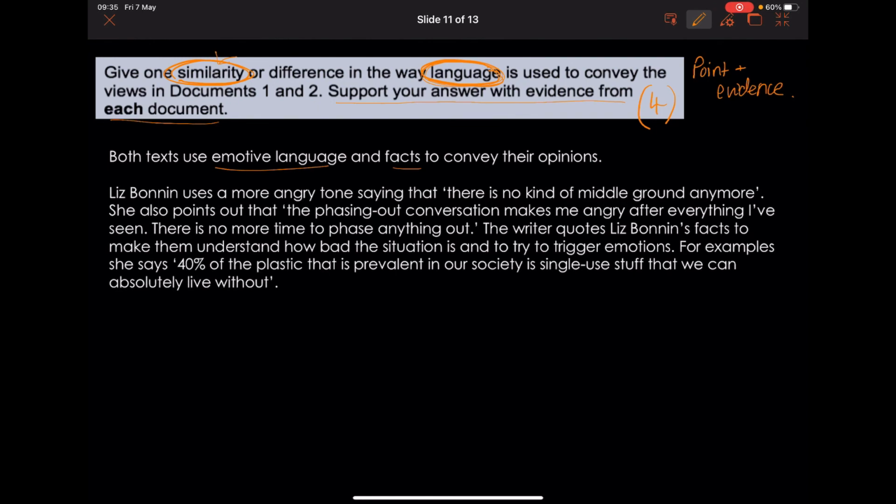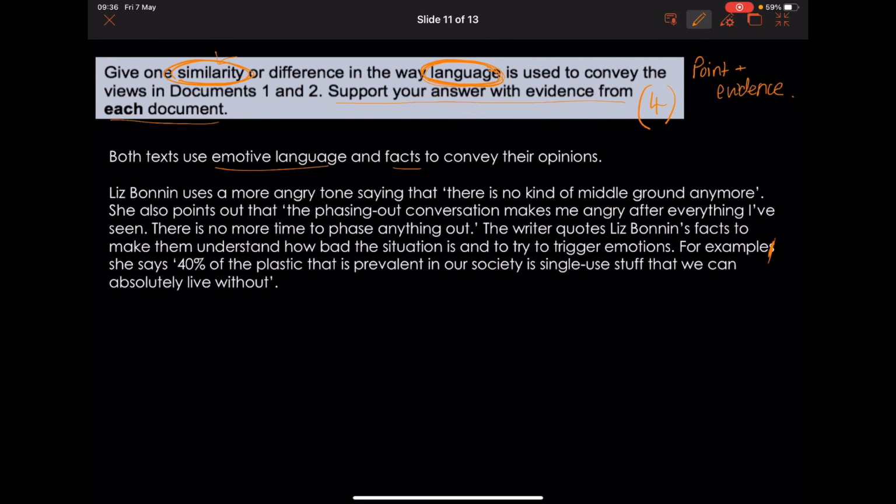Liz Bonin uses a more angry tone, saying that there is no kind of middle ground anymore. So she's still emotive, it's anger. She also points out that the phasing out conversation makes me angry after everything I've seen. There is no more time to phase anything out. The writer quotes Liz Bonin's facts to make them understand how bad the situation is and to try to trigger emotions. For example, she says,